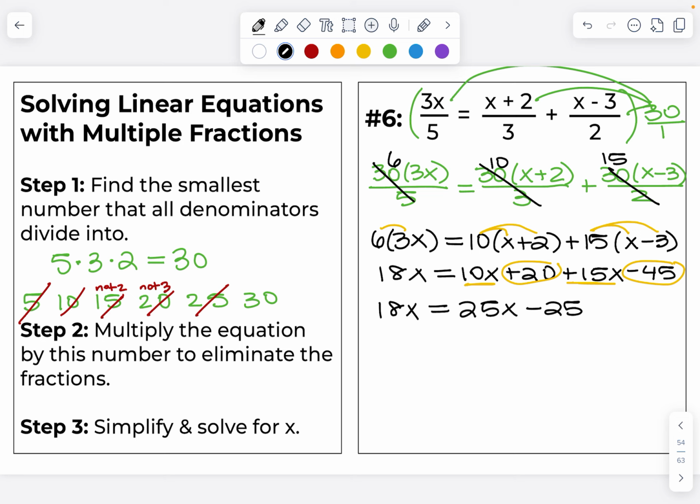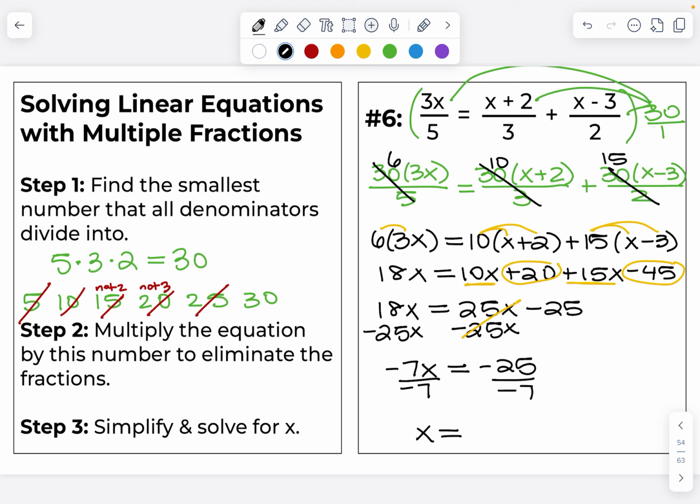Now, to solve for x, we're in step 3 now, our simplifying and solving step, we need to move our x's to one side. So I'm going to move my x's over to the left. That'll get rid of the 25x on the right. 18 minus 25 is going to give me a negative 7x equals a negative 25. So now I'm one step away. All I have to do is divide both sides by a negative 7, and I get x equals